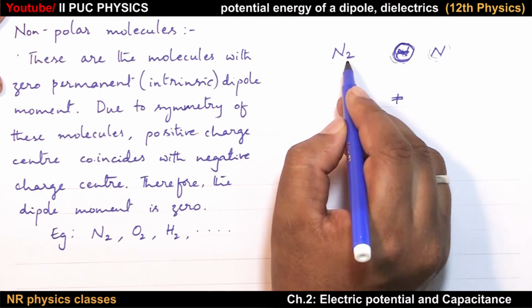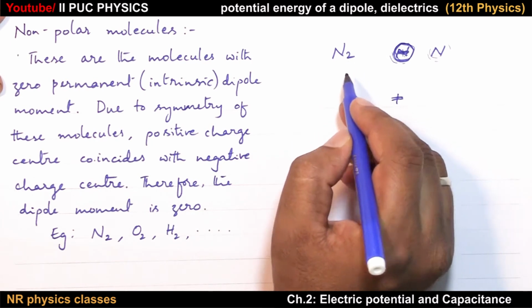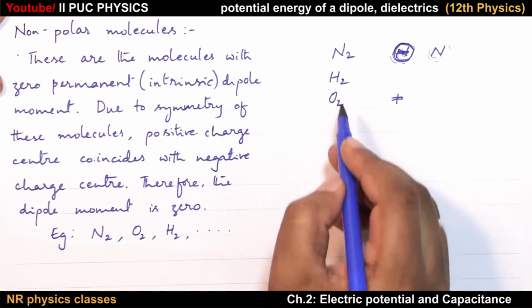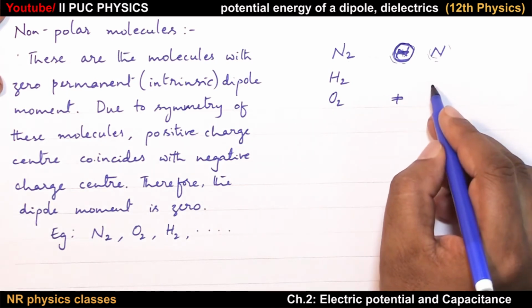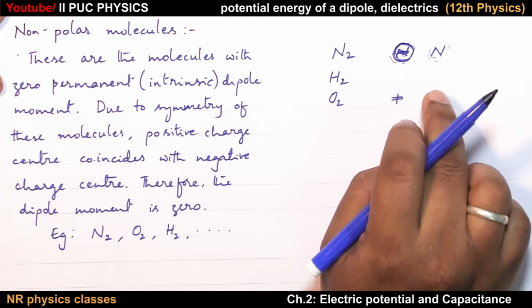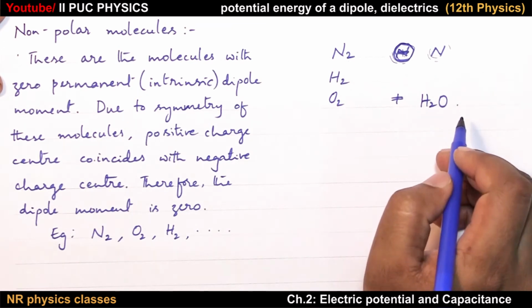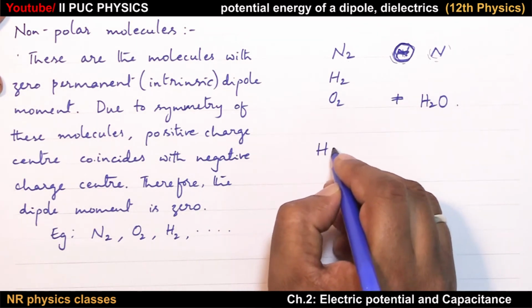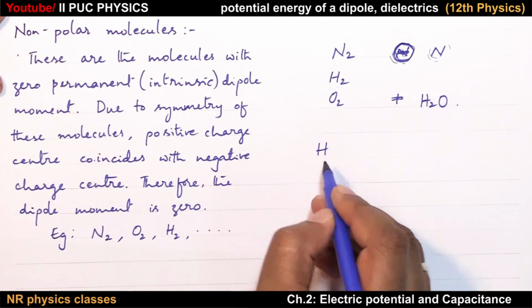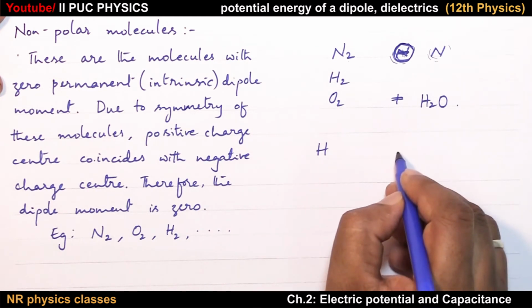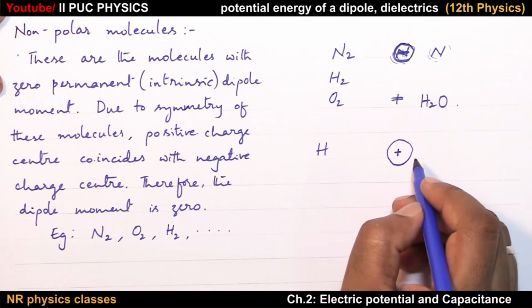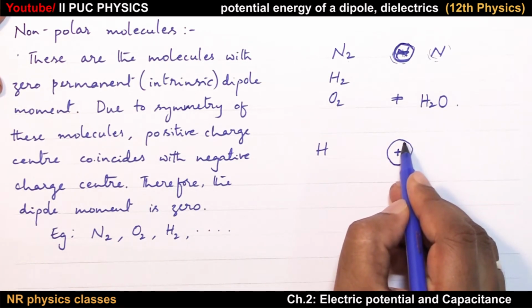So this can be found in symmetric molecules. If it is H2, yes. O2, yes. The same explanation holds good. Though water is also a symmetric molecule, it has permanent dipole moment, water, H2O. Now the simplest case, hydrogen atom. I am not taking H2, it is H. What is there in H? There is a positively charged proton and an electron revolving around it. Since the speed of the electron is very high, it appears to be a cloud.